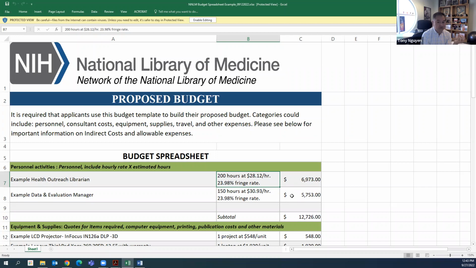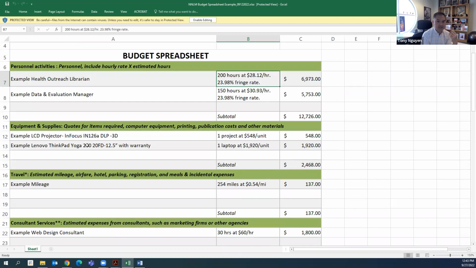This is the hourly rate, this is their fringe rate, and this is the total amount, right? So you can see an example of the equipment that might be used, the level of detail that we're looking for, like, oh, you've identified a tablet that you'd like to purchase. You've looked at, say, what the warranty is. You cost it all out, and then you figured out how many you may need